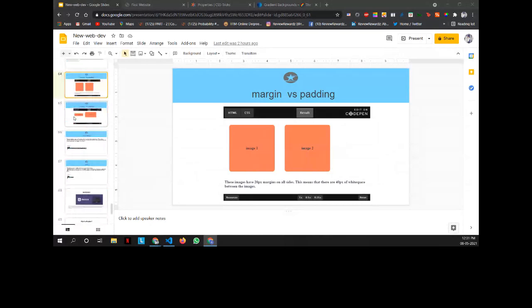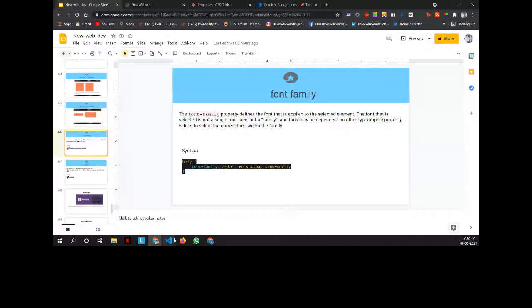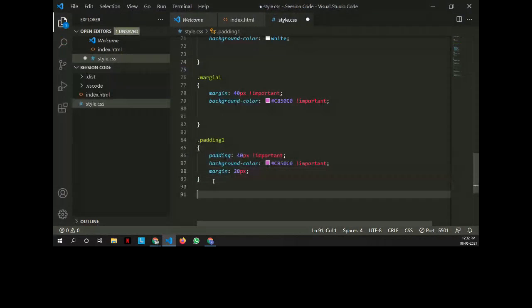Okay. Now this is font family, the next CSS property which we are going to learn. With font family, you can add different kinds of fonts inside the HTML file. See that this is the default font and it does not look that good. So we can add any custom font we want. The syntax for that is... I'll add it in the body tag so it gets implemented on all the parts. No, wait, I'll make a different class and show you the difference in how the font thing works.